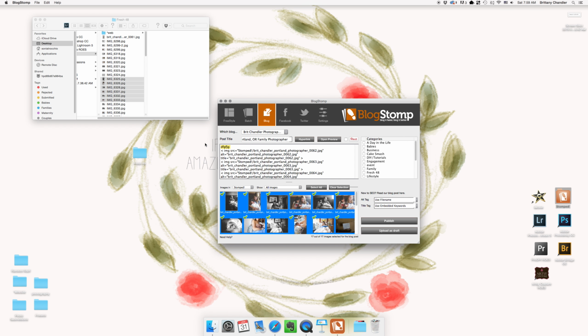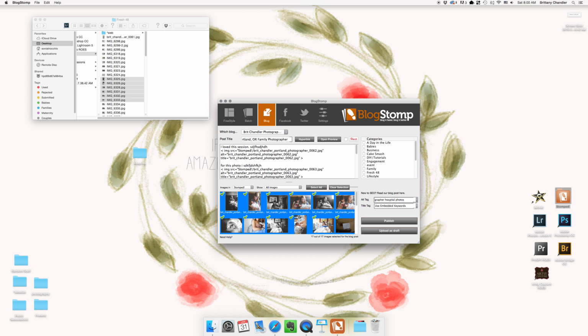But you can say, I loved this session, and so on. You can go in between images and say, for this photo, I, and so on. And then one of my favorite features here is the alt text and the keywords that you can put in here. So I'm going to type in an alt tag, or my own custom alt tag. So I'm just going to write fresh 48 Portland family newborn photographer